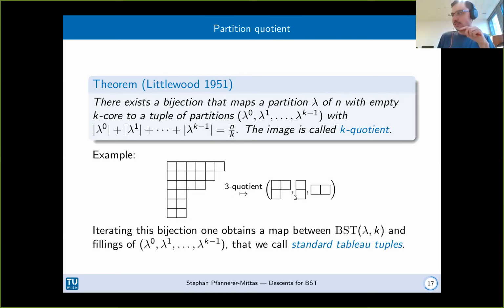So if you changed K, would those shapes change, and would the number of them change? Yeah. So if we consider the 3 quotient, we got 3 here. If we consider the 2 quotient, we will get 2. But the exact shapes that they are, does that depend on the details of the theorem that you don't want to get into here, which is totally reasonable? Yes. So the shapes also depend on K. Okay, so somehow you're dividing your object into these 3 different types of shapes, and then in the next slide,